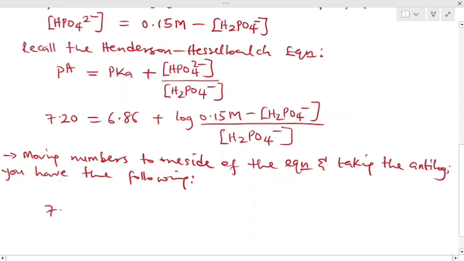I already said moving to one side, so that minus out. When you move this to this side, it becomes subtraction. When you subtract that and take the antilog, what you have is